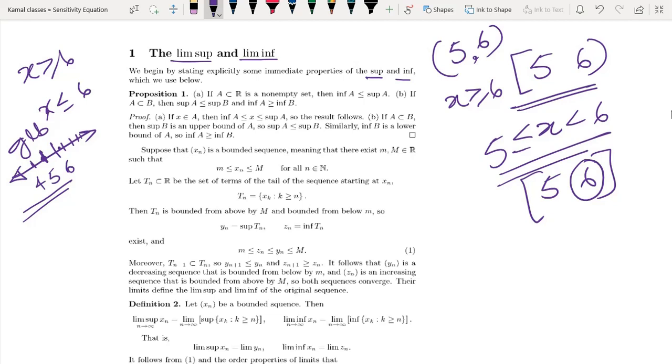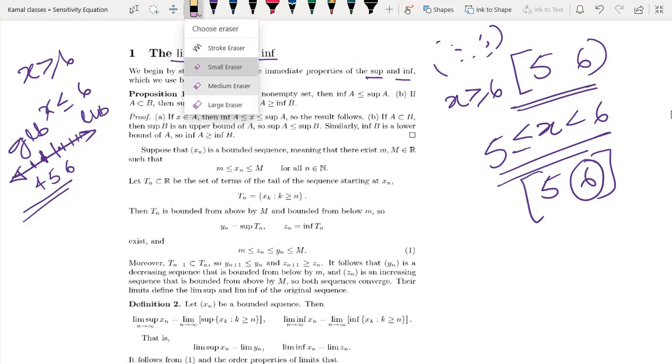Similarly, x less than equal to 6. At that time, we are going to write least upper bound. Does anyone have confusion on this? LUB, least upper bound. People use this terminology frequently. So I hope you are able to understand the terminology: supremum, infimum, greatest lower bound and least upper bound.